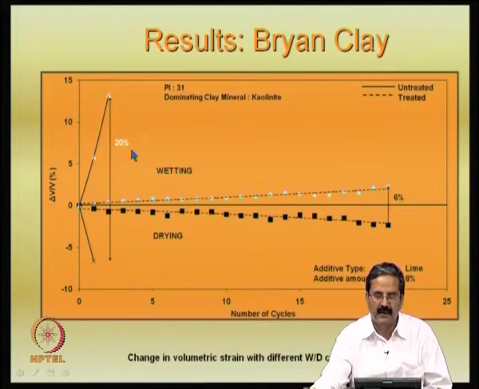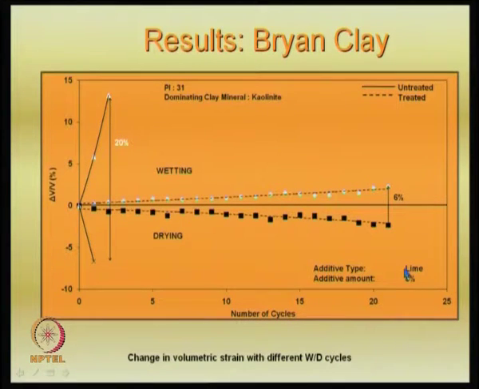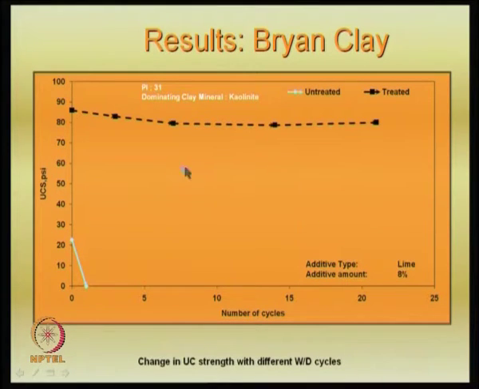So it is quite a big difference when you try to treat the in situ soil or expansive soil with lime, and it is a good difference. The lime content here is about 8%, and a number of cycles have been done here. There is another one, the unconfined compression test. Again, you see that it is somewhere here.